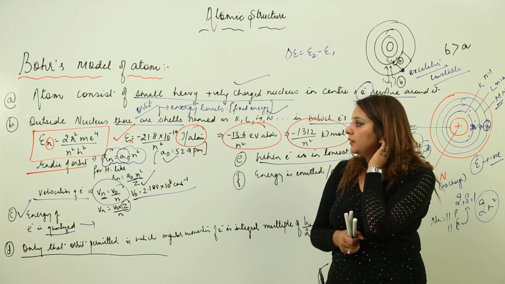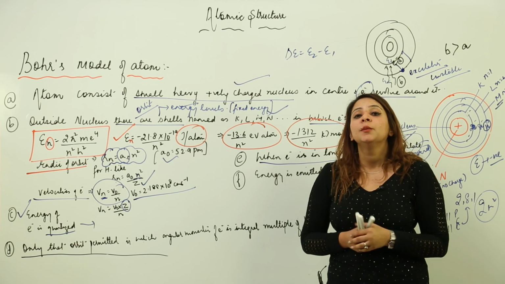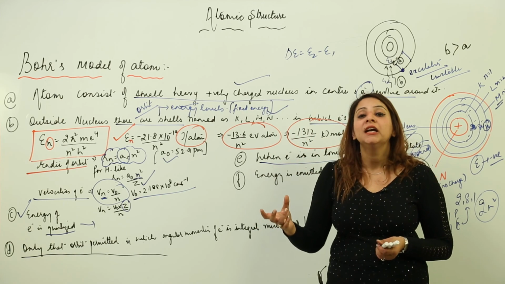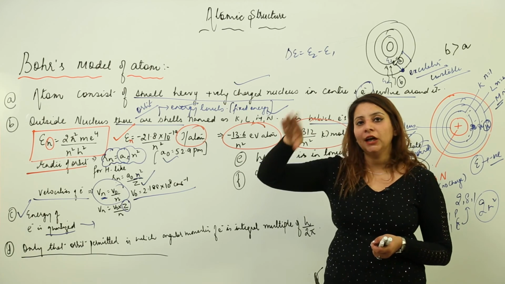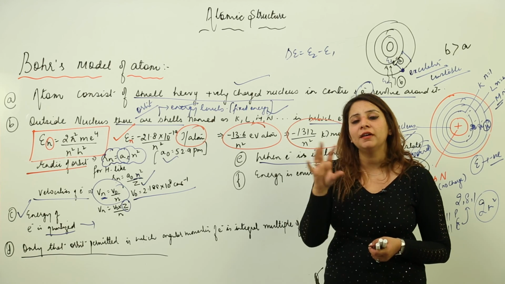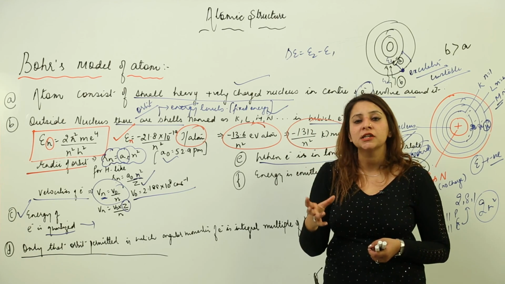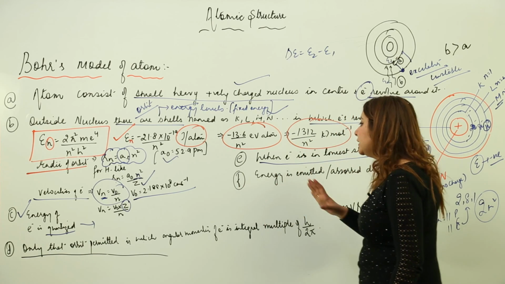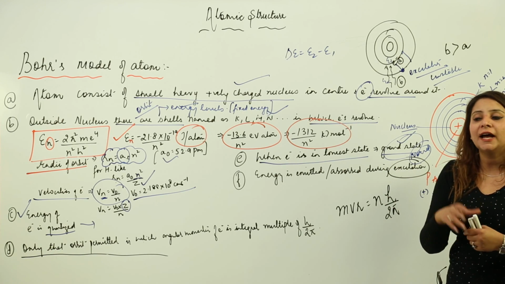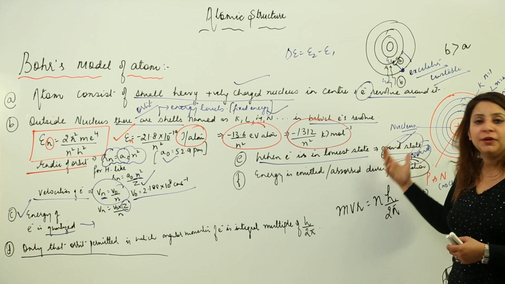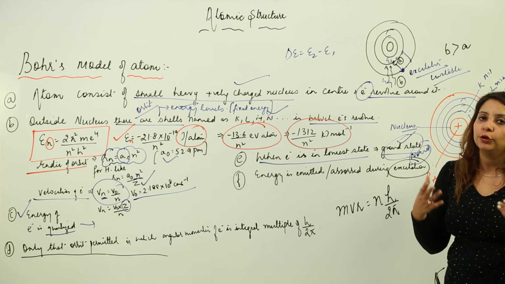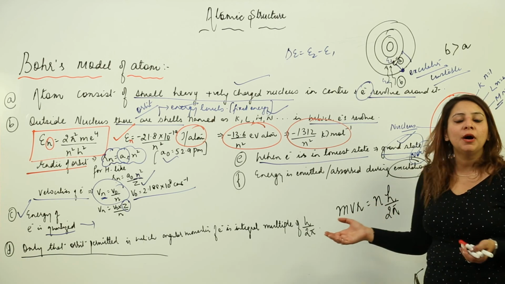Otherwise, when we took Rutherford into consideration, there was a point which could not be explained. The major drawback was that they said the electron is revolving around the nucleus, and when any charged particle revolves, it radiates energy, so it should spiral down into the nucleus, shortening its path. But this is well explained by Bohr, as he said that when the electron is in its ground state, it is neither absorbing nor releasing energy. That means it will not spiral down or shorten its path, and it is not going to fall into the nucleus. So this is all about the Bohr model of